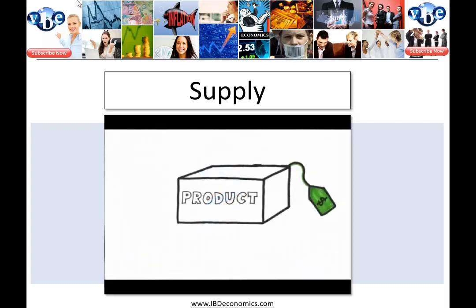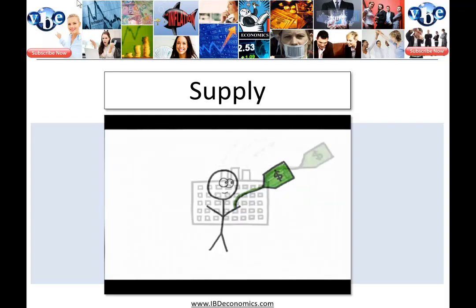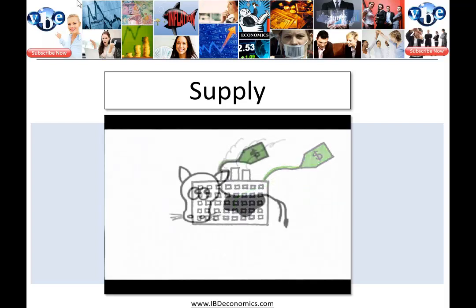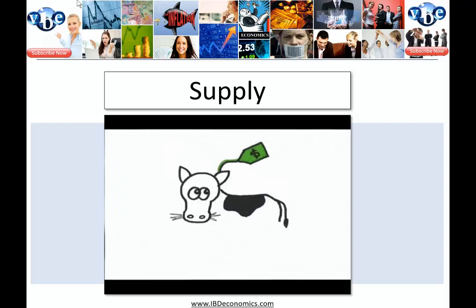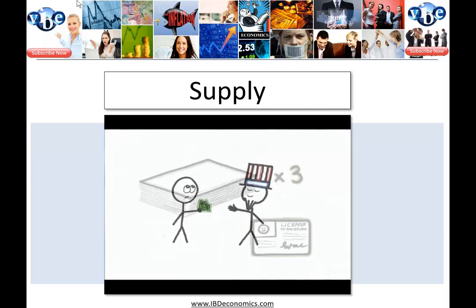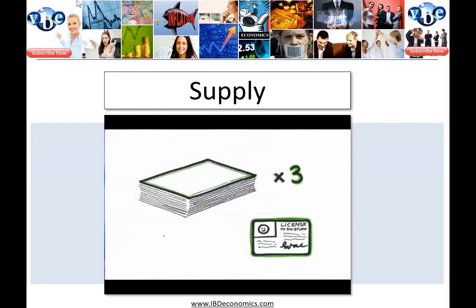Price of the product, certainly, but more important is profitability, which is determined not only by product price, but also by cost of production, such as wages or cost of labor, rent or cost of capital, cost of raw materials or natural resources. What about other costs besides the resources? Taxes, paperwork, licensing? In some businesses, you have to pass exams or be subject to periodic audit or accreditation. These are all costs.